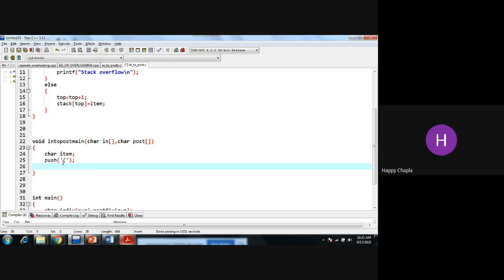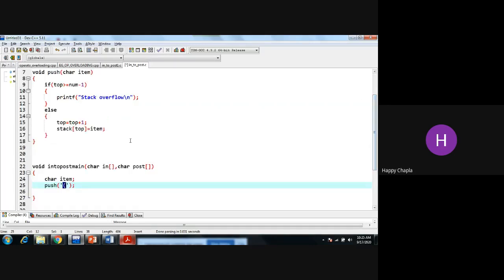I'm calling the push function, so whatever I'm writing over here will come into this. It will check if my top is not greater than or equal to num minus 1, then it will come inside the else portion. So top is incremented by 1, so minus 1 becomes, the value of my top will be 0. Now at the 0th position I am pushing the item. What am I passing here as item? Item is the starting bracket, so the starting bracket will be pushed into my stack.